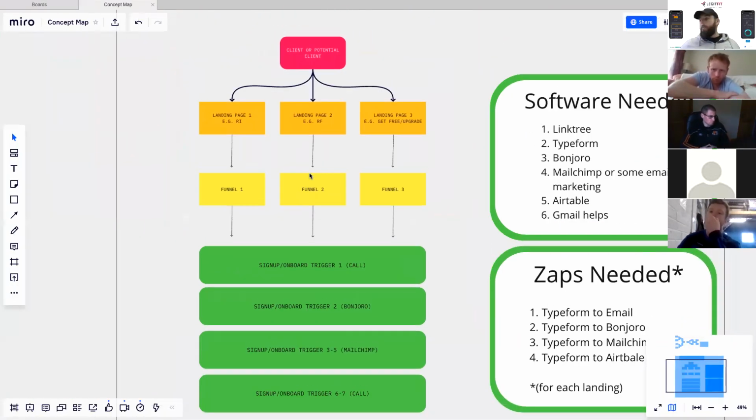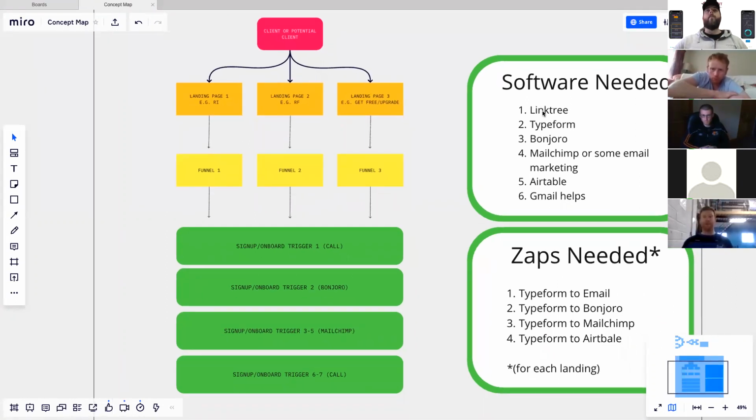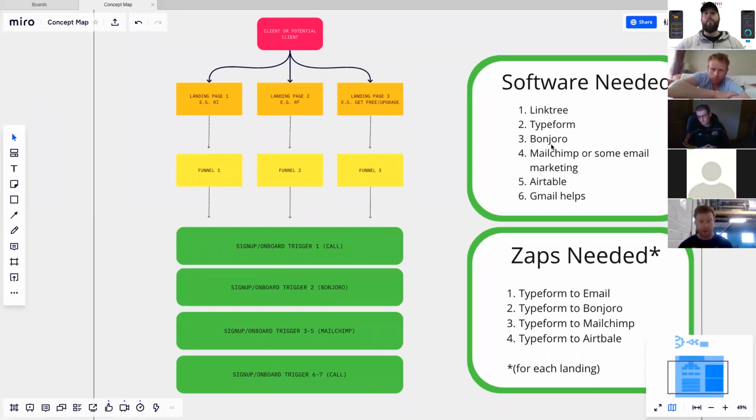So just going back, because I'm conscious of time here and how we're doing with time, I just want to have a look through these things. The softwares that we've set up: Linktree, Typeform, Bonjoro. We went through the input and how important that is as well, the first 7 days. MailChimp, as I said, we'll be doing on a different day. But if you haven't gone to email marketing yet,